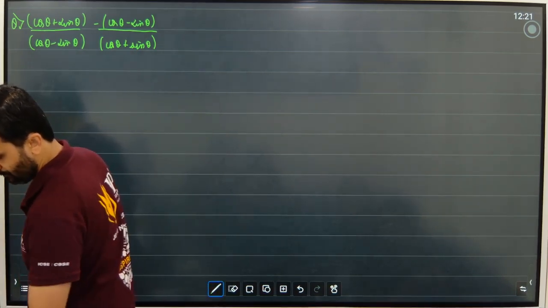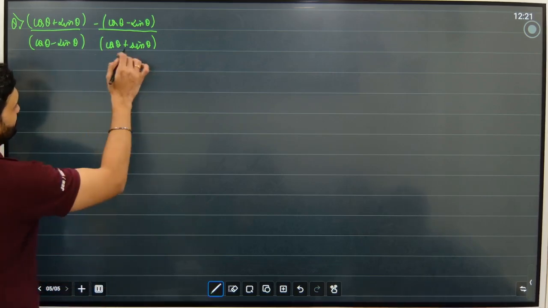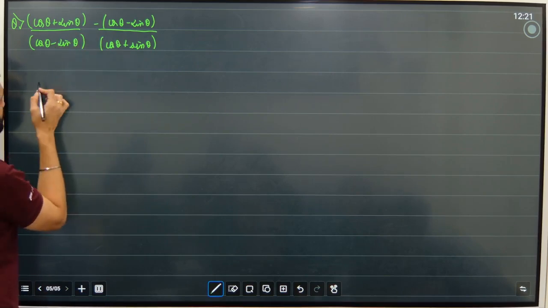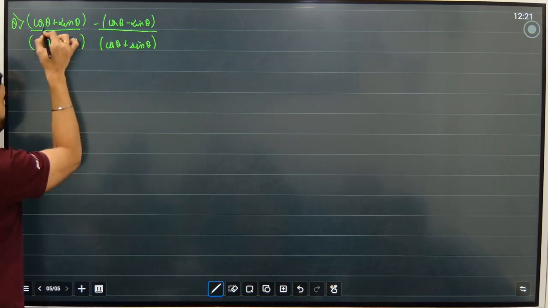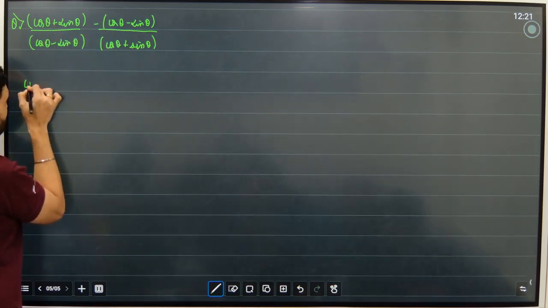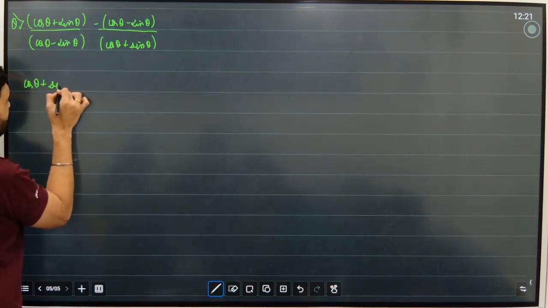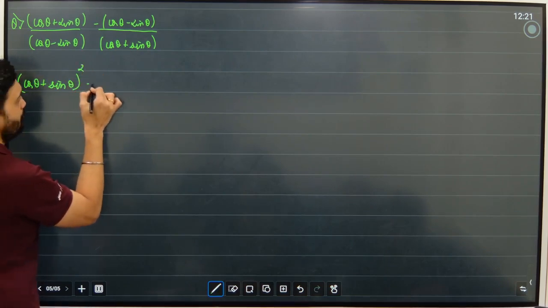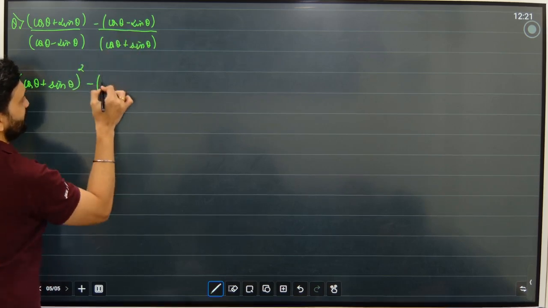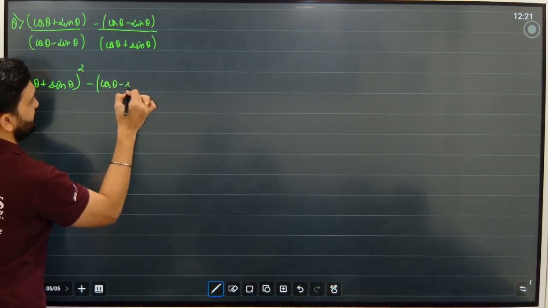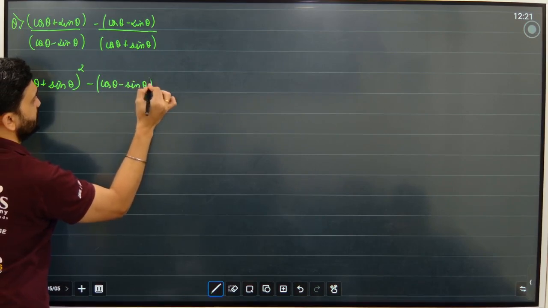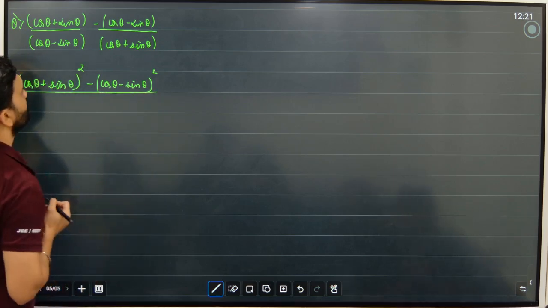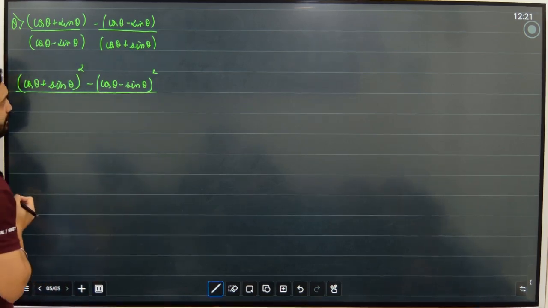So what you are going to do here is I am left with no option but to simplify, basically cross LCM. So cos theta plus sin theta into cos theta plus sin theta will become cos theta plus sin theta the whole square minus cos theta minus sin theta into cos theta minus sin theta is cos theta minus sin theta the whole square,